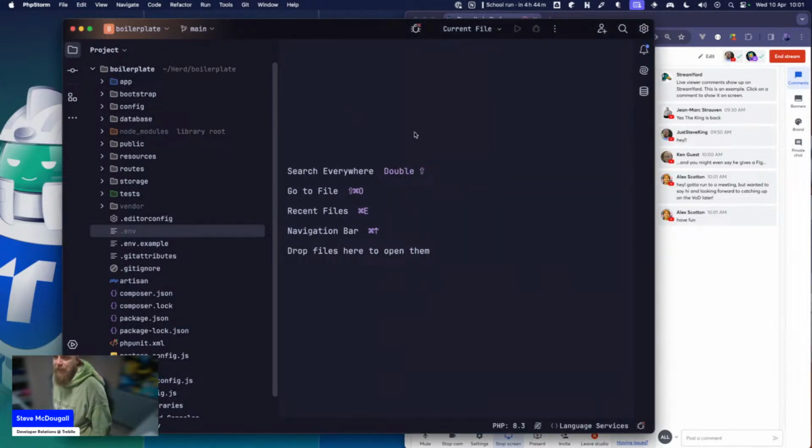You might even say he gives a fig. I definitely give a fig. I recently joined the PHP Fig as a core committee member, and it's a lot of fun,